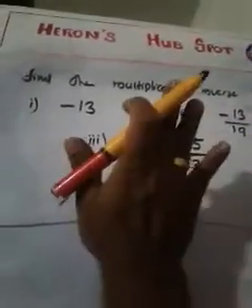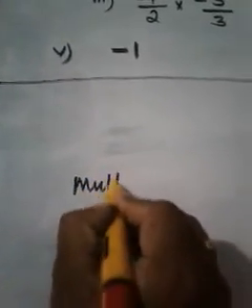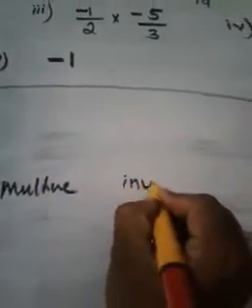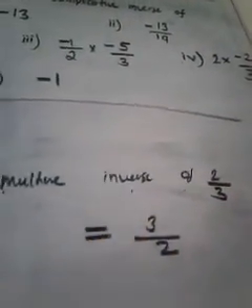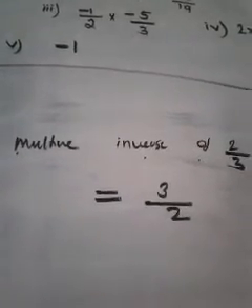So let me explain that. I already explained this, so you can consider it as a revision. Those who forgot the multiplicative inverse, this will help you. How can we calculate the multiplicative inverse? Let me consider the multiplicative inverse of 2 by 3. Just take the reciprocal. The answer will be 3 by 2. The multiplicative inverse of 2 by 3 is nothing but 3 by 2. The reciprocal will give you the multiplicative inverse.